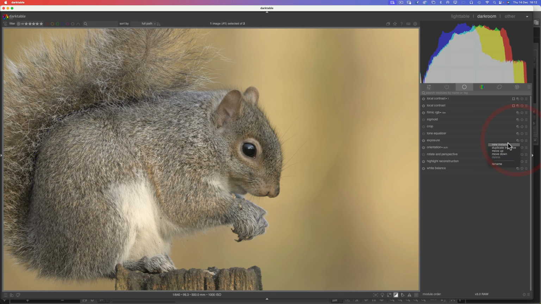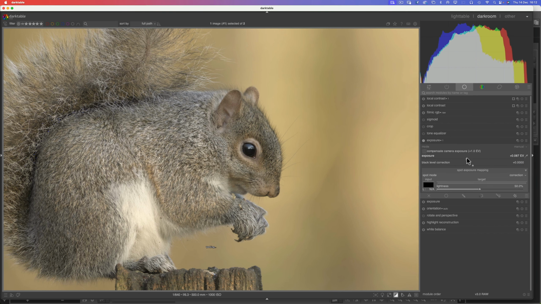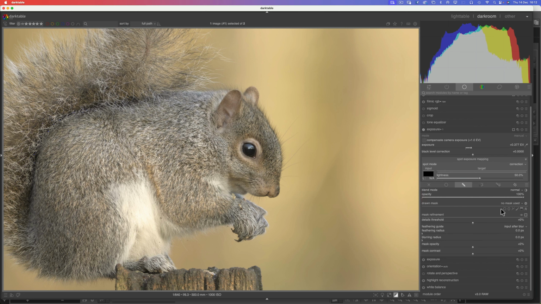I'll go and put another instance of the exposure module in, and all I'm going to do is just lift the exposure a little bit, and then we will come into drawn masks, and I will go and get a brush, and I will make that brush very much smaller, rather like that, and then I will just sort of paint in there. See, I can be a little bit more precise, but even using the Wacom, because of all the inhalers that I'm having to take, they do sort of make my hands shake a little bit, and so